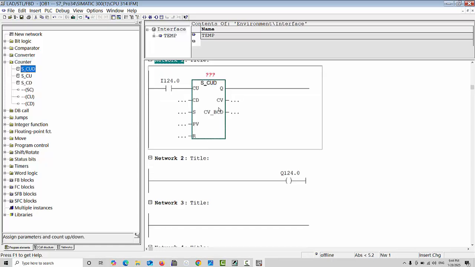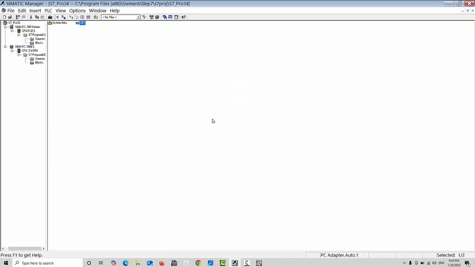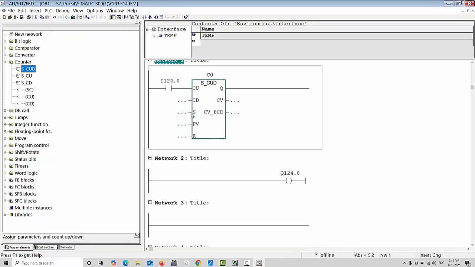This first counter I will choose, you can give the name C0 or any name you want, and here in second we will give the address I124.1,